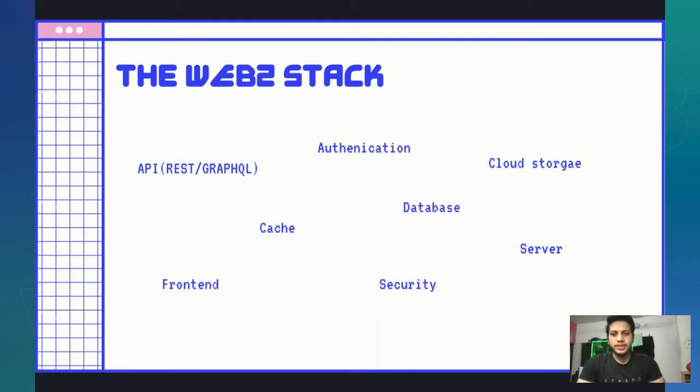So let's take a look at how the Web2 stack currently is. I think the most basic things that we would often require are things like authentication, database, cloud storage, and some more security layers, load balancing, cache, server. Although these might be quite efficient in delivering data and fast, obviously the biggest concern over the past few years has been data privacy and all the ways that these big tech companies are storing data, which the user doesn't even own, and it is in the hands of big corporations. So that is a major problem that Web3 is trying to solve.